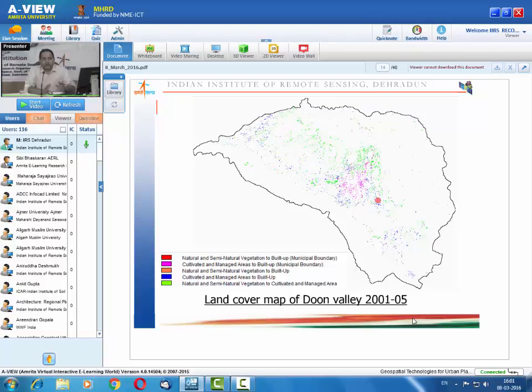So see, the same thing we are trying to now see both in a spatial format, in a map format, or in a diagram or chart format. You can see that in these areas a major transformation is occurring from natural and semi-natural vegetation to cultivated areas. And basically inside the municipal area, it is changing of cultivated areas to municipal built up. That is the dominant use that is taking place here, and this map is made for the time period 2001